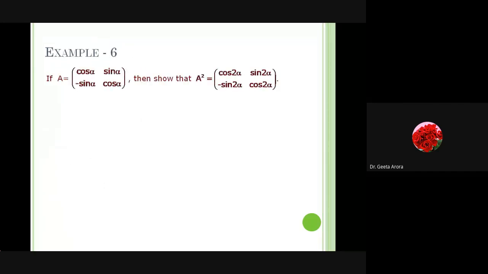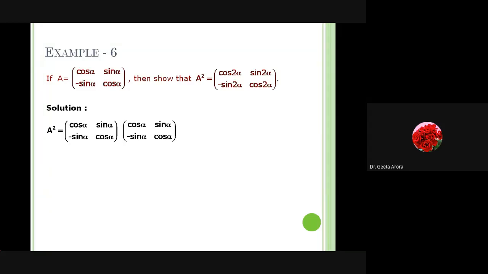The next one here is A, which is given to you as a matrix. Here we have the formulas of cos and sine, and we have to show that A square is equal to this. So what is A square? A square means we are looking for the product of A with A itself. Correct? So if we write down what is A, this should be A. It's written as A square, but actually they have written A square meaning A into A. Correct? So if we write down A square, how do we calculate it? It means multiply A 2 times.